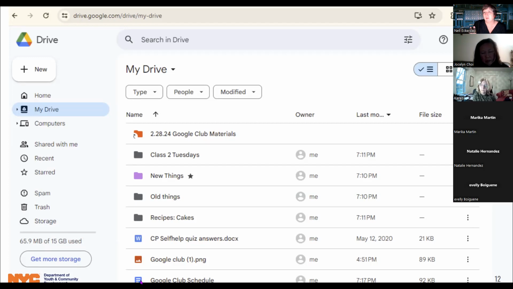So by having a Google account, and even without a Google account, just by being online, you can open any kind of file that's shared with you that's made in Google. And that's one reason we really think that Google is such a valuable tool for adult education, because it's free for us to use, and people can use it across all their devices. So if a learner starts off in a classroom or in a lab, or starts off at home and then wants to work on the same content, they can easily get to it on another device, either in their classroom or on their phone or whatever.